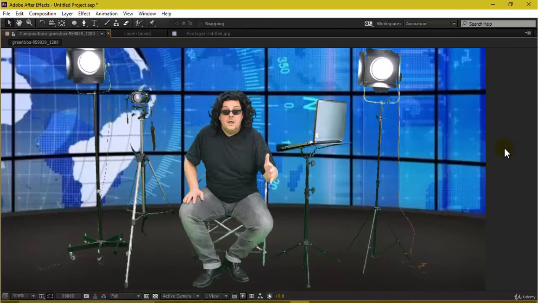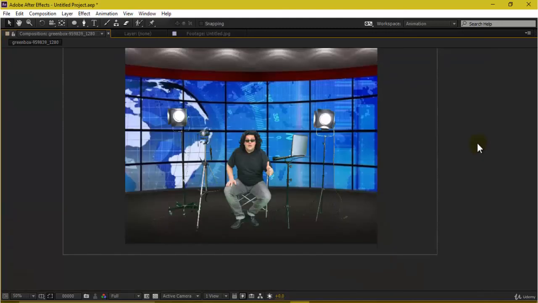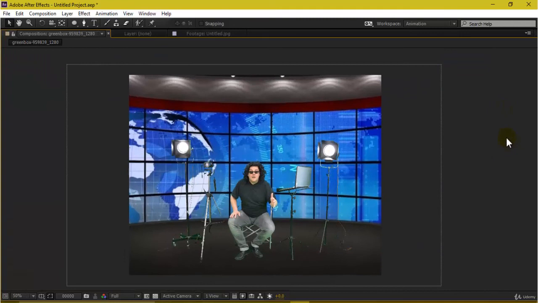I hope you are able to understand keying out the green screen from your image, because just inserting a color key would not help. As you just saw, we had to insert one more color key in order to get fine results and the best result, in order to make our composite look natural. At the end of the day, please make sure that whatever you're compositing or keying out, it has to look pretty natural and it shouldn't look fake. That's the actual magic of visual effects or compositing. The viewers who are seeing it shouldn't think that it is CGI, it should look pretty much natural. That's how a compositor is evaluated from their work.